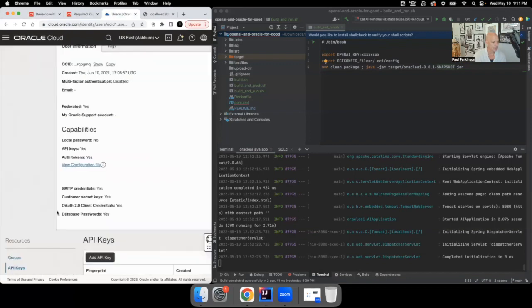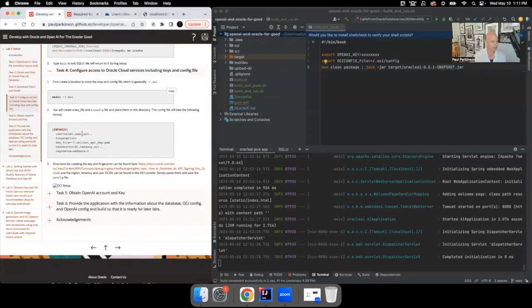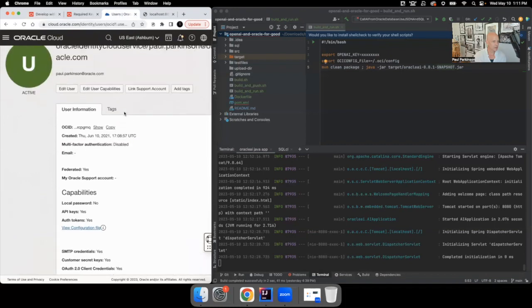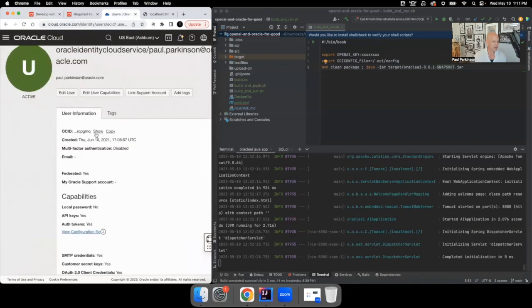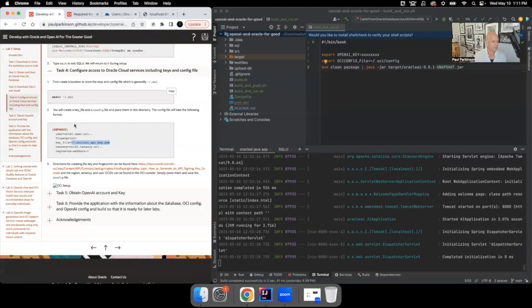And once you do that, that's going to give you a fingerprint down here. I'm not showing it for security reasons, but you'll have the fingerprint. So then you go ahead and copy that fingerprint, going back to the doc, and you paste it in here, the key file that you just created for your key, your user ID you can obtain from this screen as well. So you just copy the user ID, paste it in here,